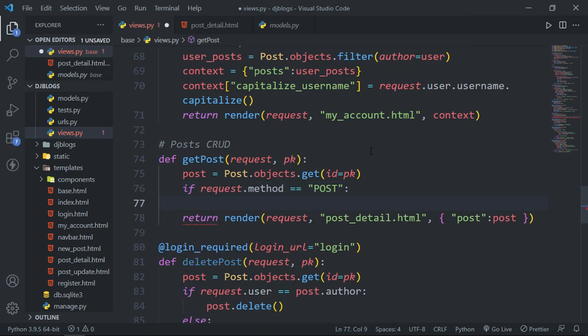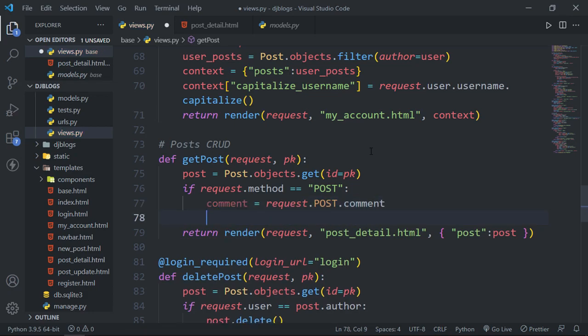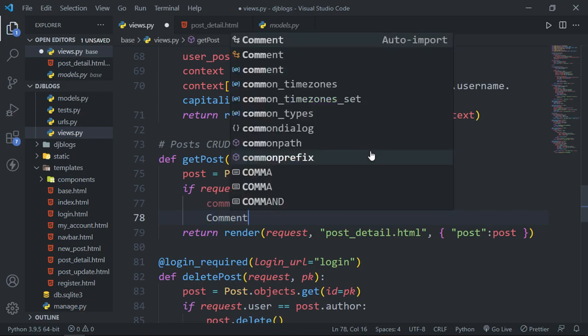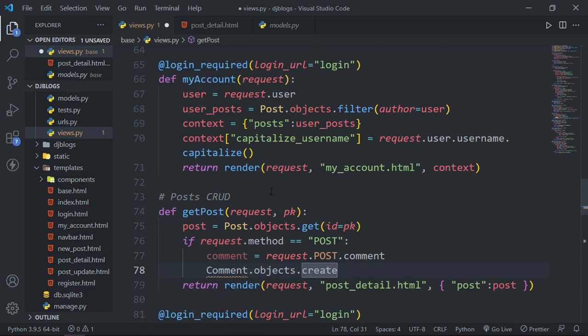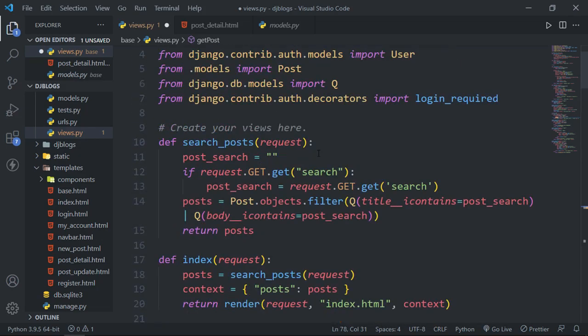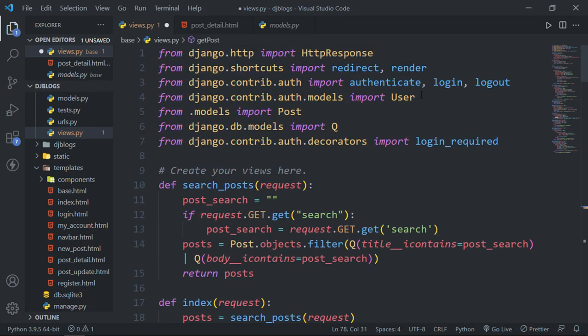I will get the comment from the post request, and then I will create a new comment. So I will type here Comment dot objects dot create. Notice that the C on this Comment is capital because it is a model and we have to import this model. So in the top we have imported this user, and we will also import comment. So I will type here comma Comment,